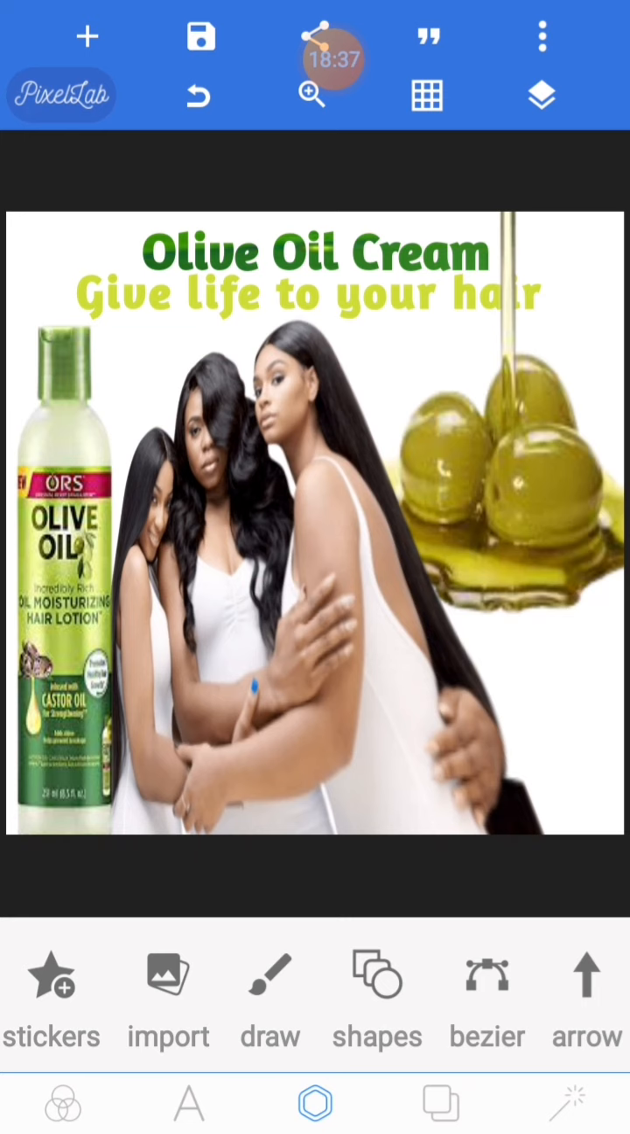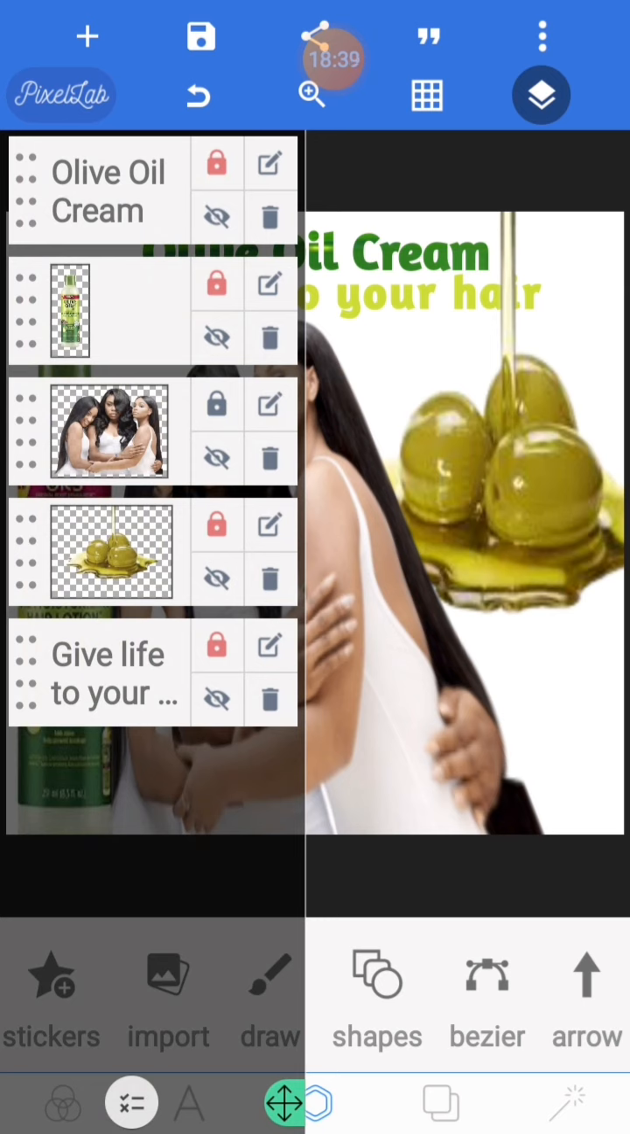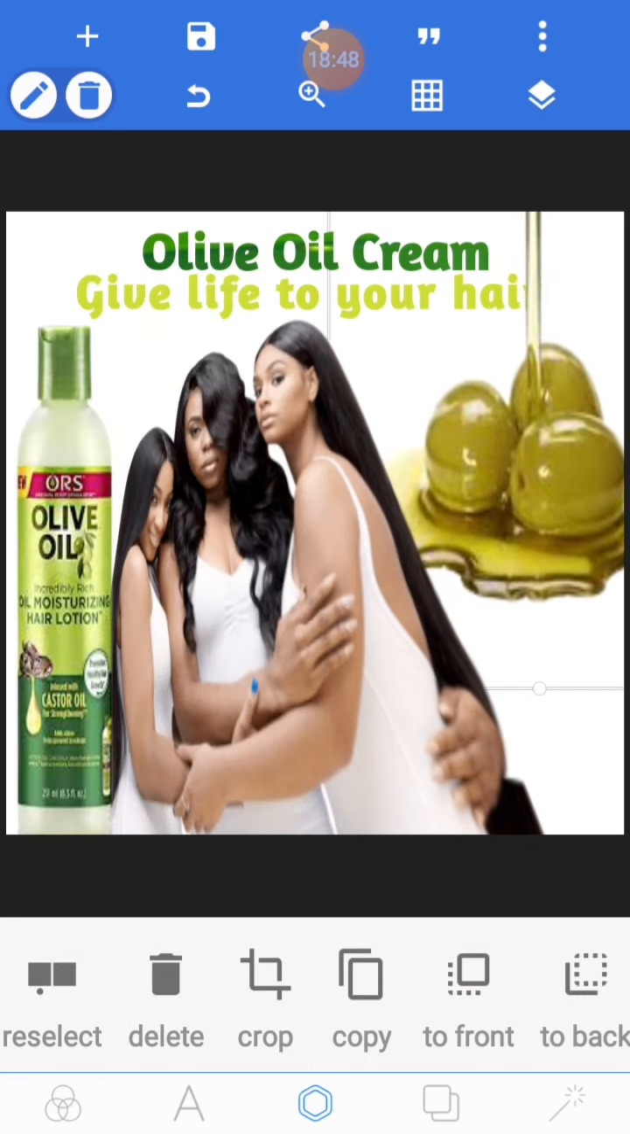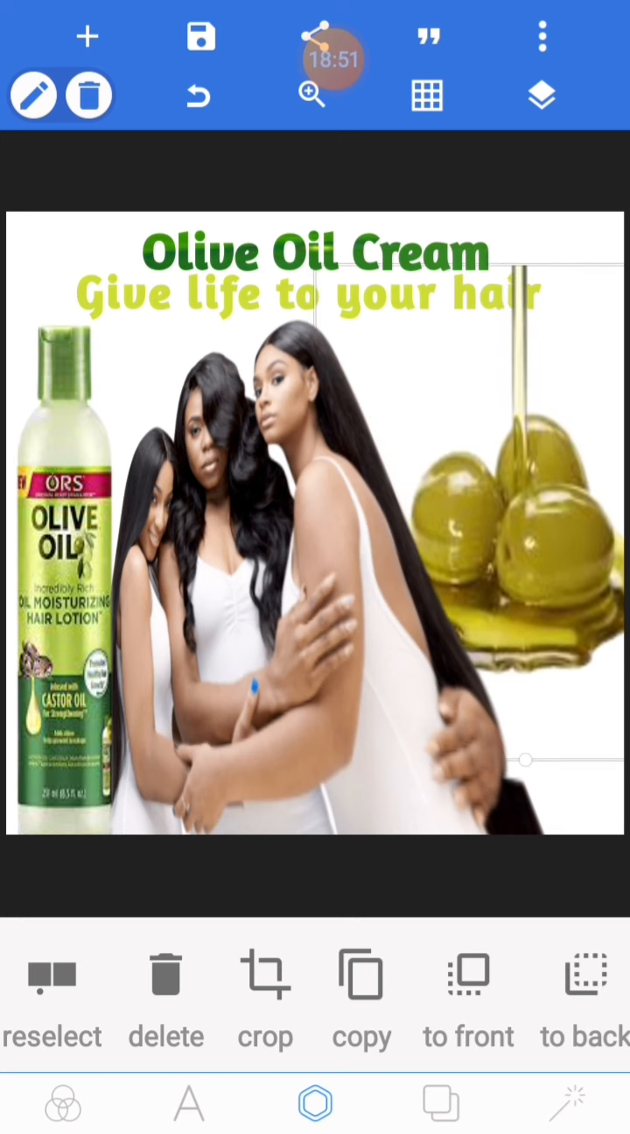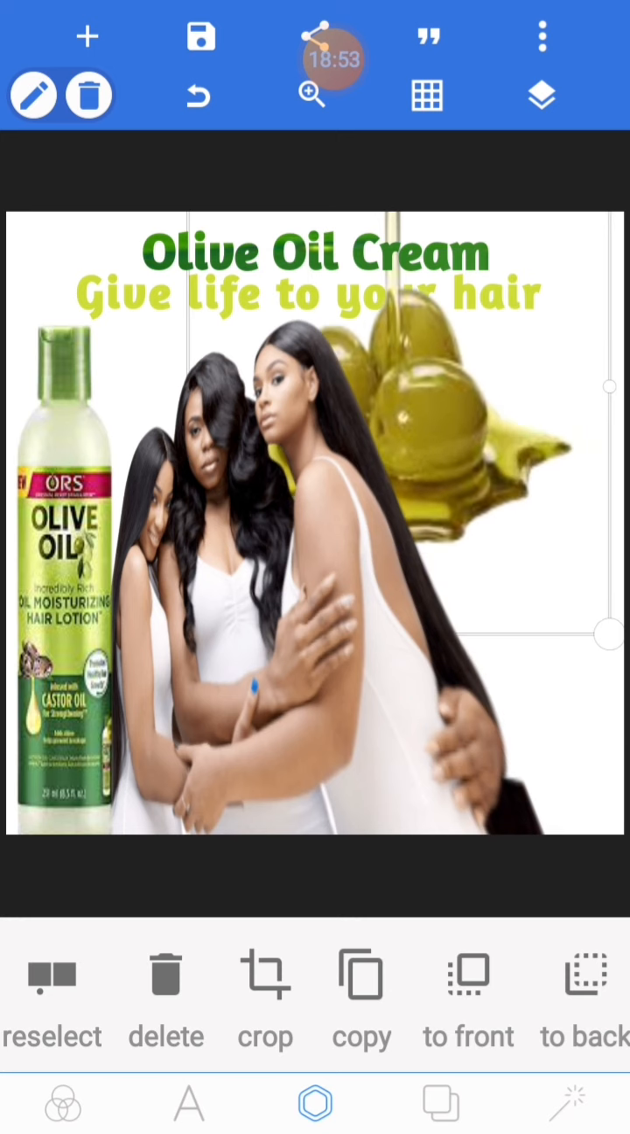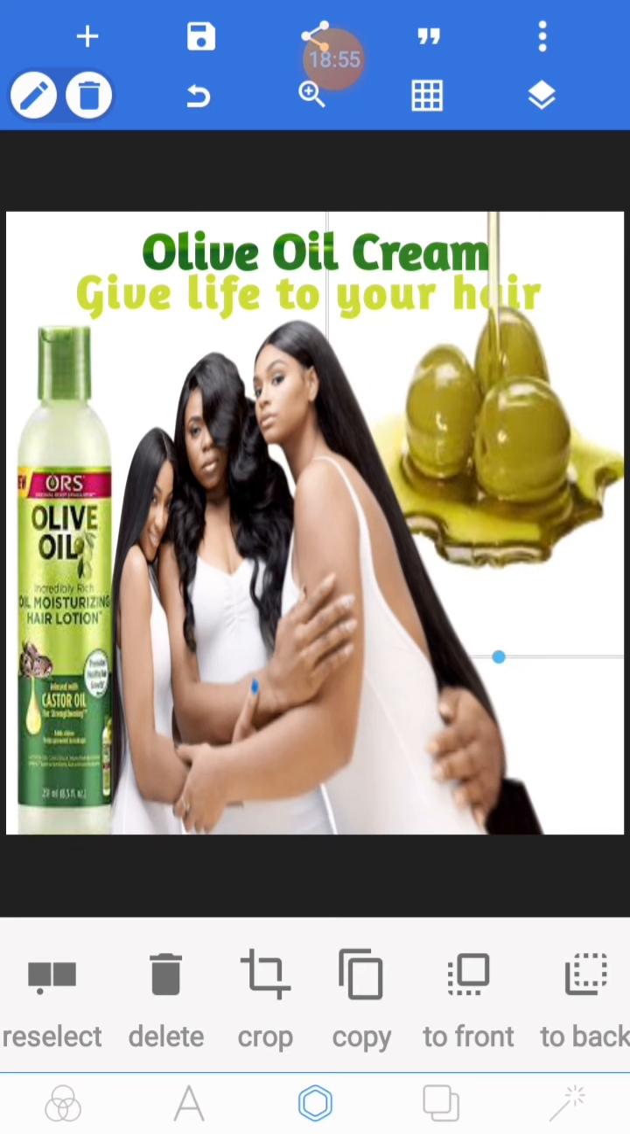Then water drop. Go and lose it. Lock the ladies sign over there. Then go to your water drop, your olive drop. This one. Then move it. You see, you can move it now. All right. So is it okay for you? Perhaps it may not be okay for you, but then